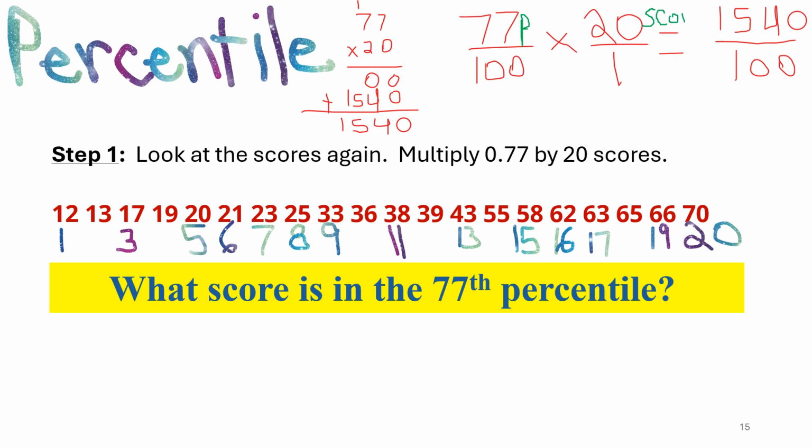And we didn't do anything with this 100. It is still there. Over this 100. And then you multiplied here, 77 times 0.20. You can put that there or not. It doesn't matter. It's going to cross out anyway, because once you take this 0 off, you can then divide 10 into